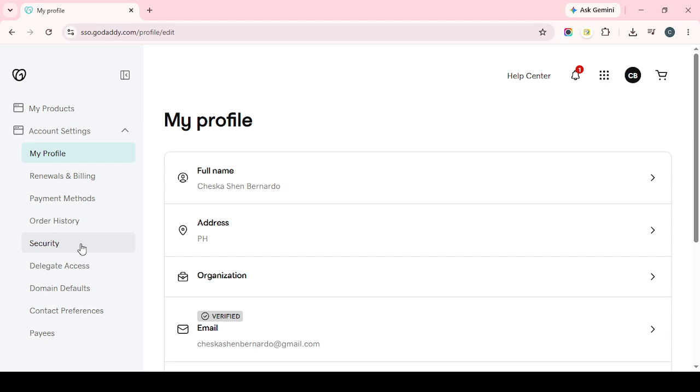After that, your request will be processed and your Airo website will either be unpublished or deleted depending on the option you selected. If you're unsure whether the change went through, give the dashboard a moment to update and then check the site status again. That's all it takes to remove or hide your Airo website from your GoDaddy dashboard. If you're making a permanent change, it's always smart to double check that you won't need the site content later